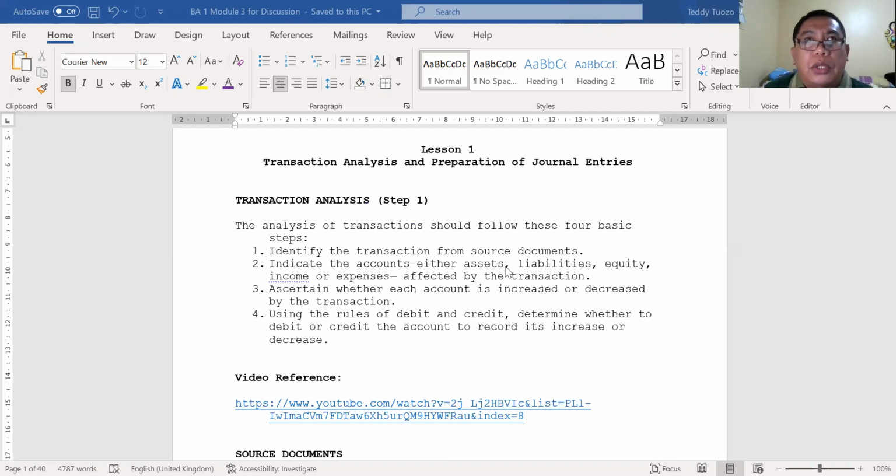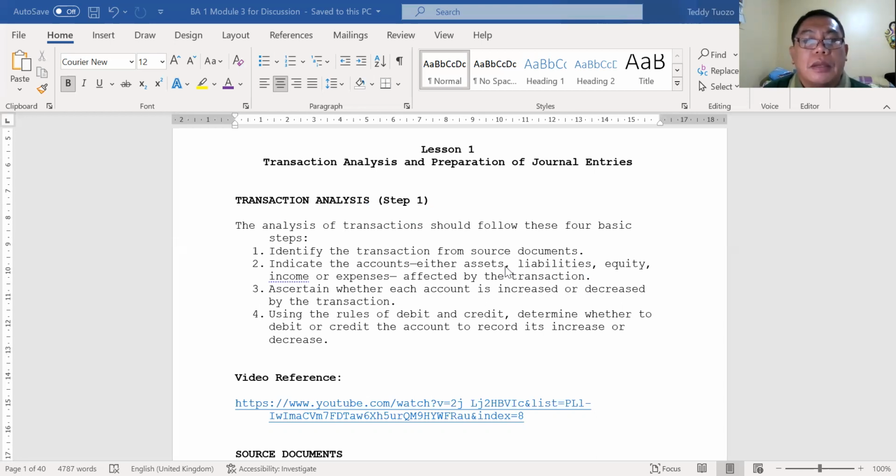Like when you pay for the fare, no? Because I would have to ask for a voucher. But of course, those who will be sent to travel will be the ones who bring with them the source documents. Or even if it is not necessary for them to ask, when they go back to the office, they need to prepare that